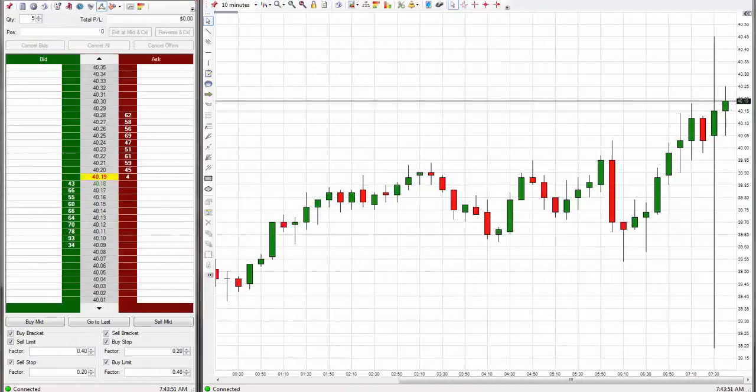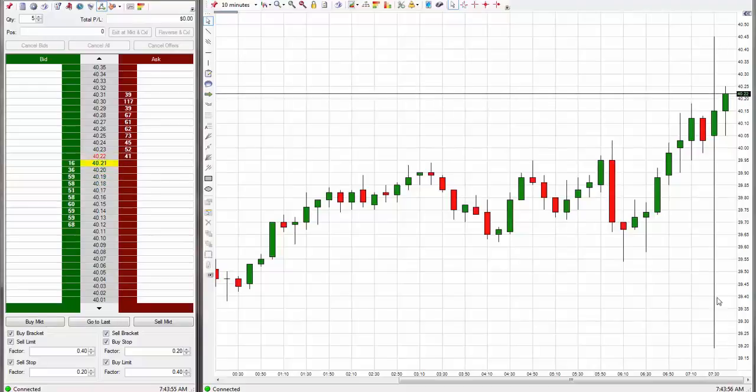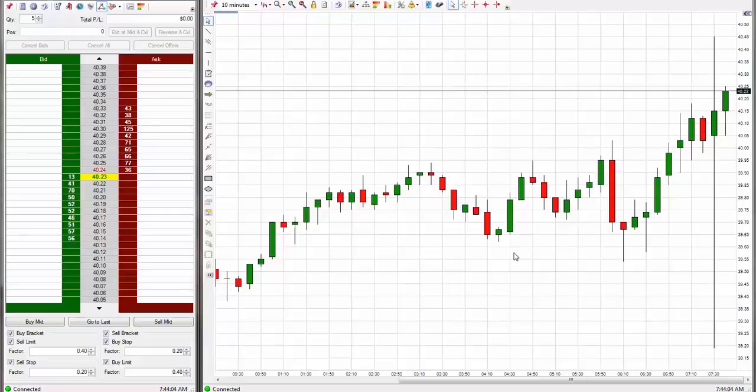Good morning, traders. The news has come out. You can see this big huge line here that represents right when the news came out, and I am going to take a trade. I'm going to take the trade called out within my charting service about almost 10 hours ago,